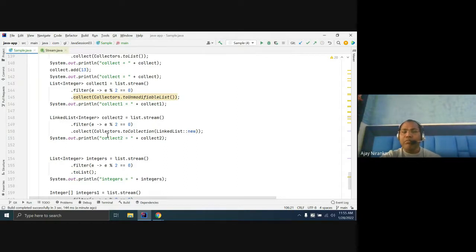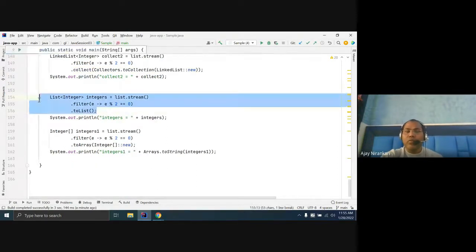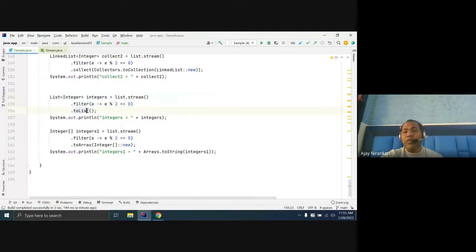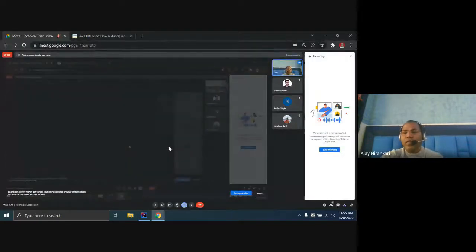And day by day, Java 17 has also done some better job to simplify more. If you want to work on a list, just work on the list. The Stream API itself, you don't need a Collector API or anything. So let's try it and do your own exercise. And if you still face something you are not able to clear, we'll discuss it in more detail.